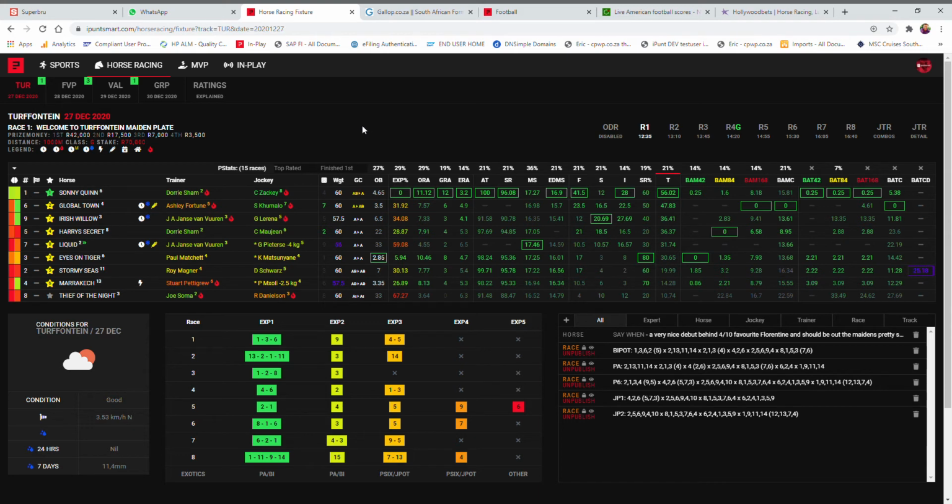Yesterday we got that double in the first three races in Kenilworth, Crown Diamond, the first one at 10 to 1, and then followed up just after that by taking Silk at 3 to 1. Nice little double. Today we're moving over to Turffontein, and in the very first we're going with the top